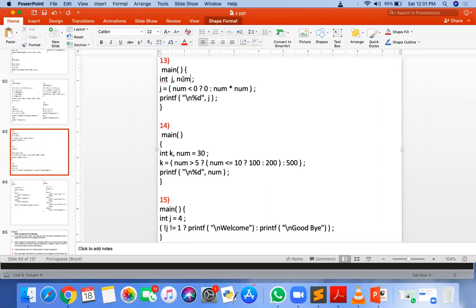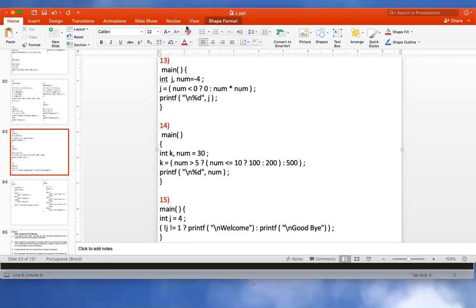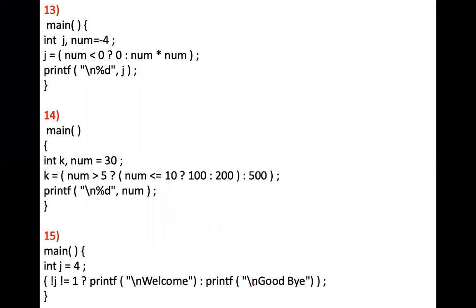It is not given. I'm correcting: num is equal to -4. Sir, it is also given that number is equal to 30.